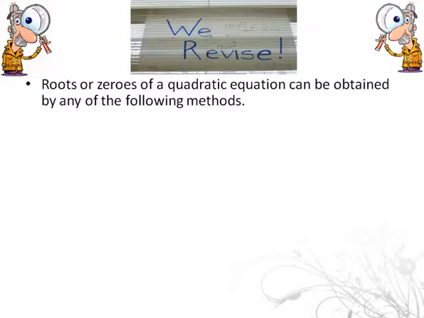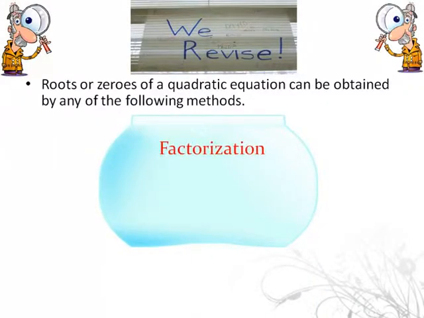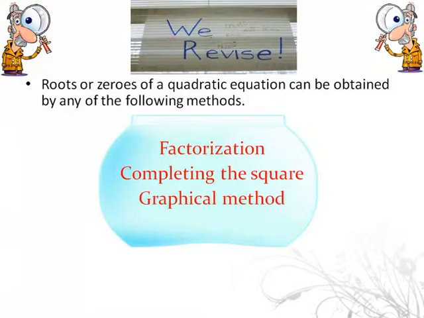Roots or zeros, that is the value of x when the quadratic equation ax square plus bx plus c equal to 0 is solved, can be obtained by any of the following methods. We saw all these methods in the previous tutorials. If you recall, the method of factorization involves the splitting of the middle term and then making two equations such that we get two values of x. Then we learnt about the method of completing the square, where we used to make whole squares on both the sides, the left hand side and the right hand side, and take under root to find the value of x.